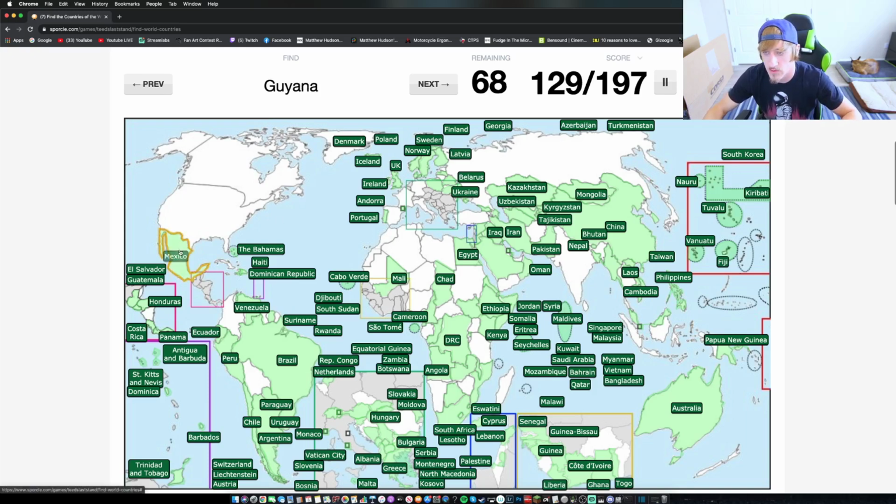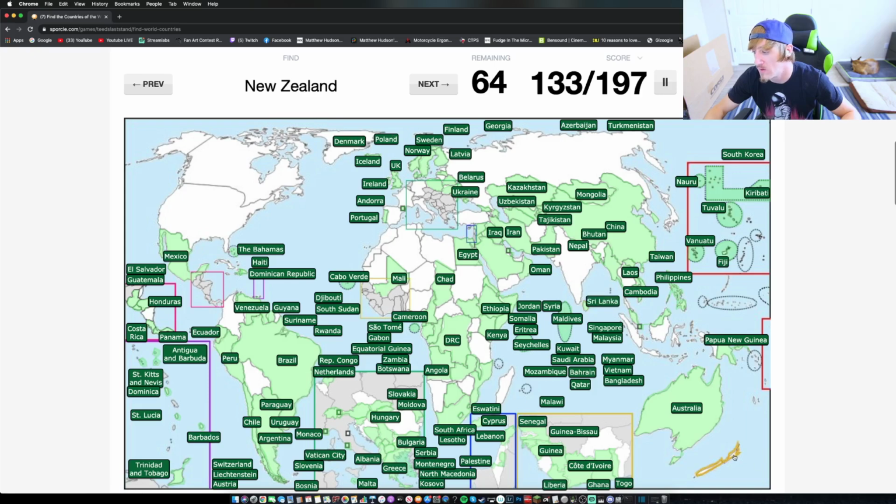Mexico, obviously we know where Mexico is. Guyana is the country in between Venezuela and Suriname. St. Lucia is this next island down from the Dominica here, other than this one in the middle. Gabon is the one over here by Cameroon. Sri Lanka is underneath India.